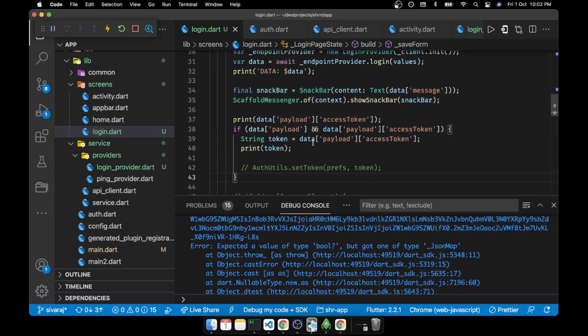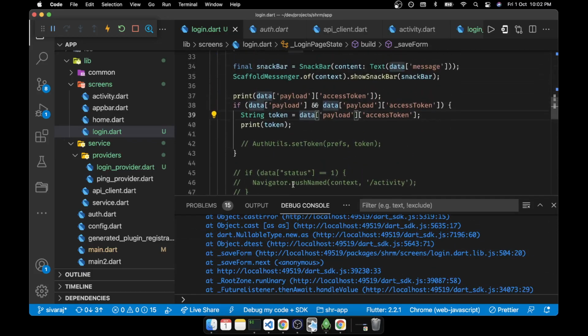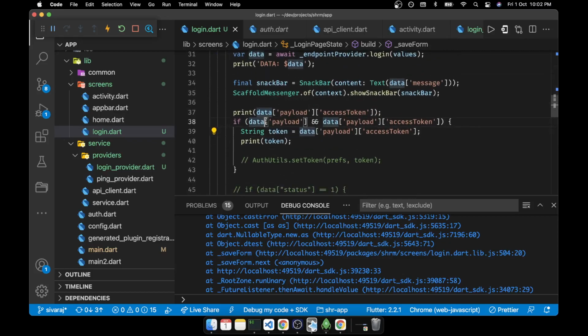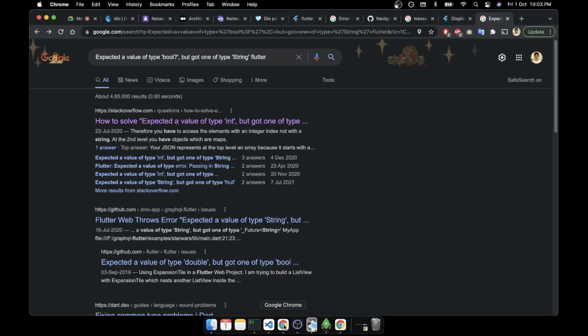So the problem is not happening here. So the token, expected value. Oh, okay. So we are trying to check the existence. What it is trying to say is that it expected a value of type boolean but got the type of JSON map. Okay, so now we have to check like